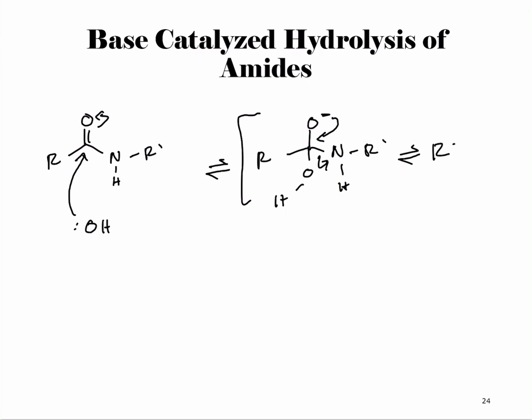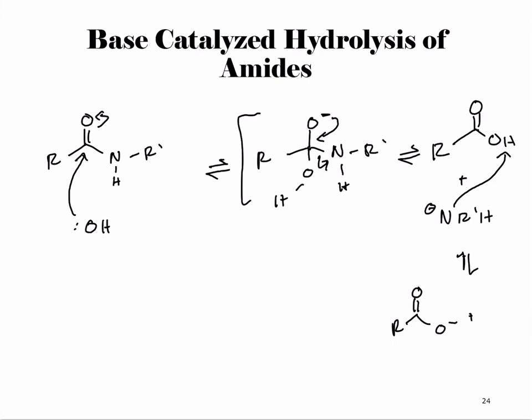So we get our carbonyl generated again, and then we have OH plus our now negatively charged primary amine. In this case, we have N R prime H, and this is going to be negatively charged. This is going to be extremely basic, so this is going to abstract the proton. If we are in basic conditions, we will have a carboxylate instead of